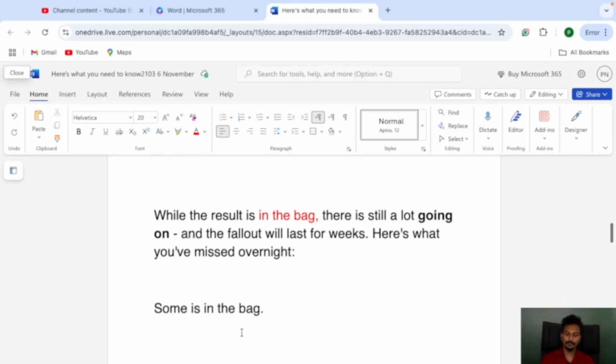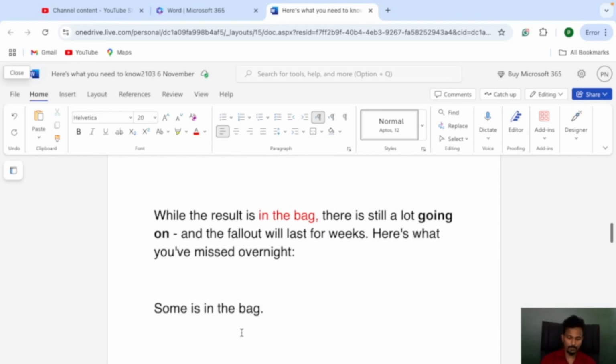ඒ කියන්නේ if something is in the bag, you know that you will get it definitely, right? අනිවාර්යයෙන්ම හම්බ වෙනවා කියන එක දන්නවා. The result is in the bag. ඒ කියන්නේ result එක අනිවාර්යයෙන්ම 100%ක්ම සාර්ථකයි කියලා තමයි මෙතන කියන්නේ. For example,